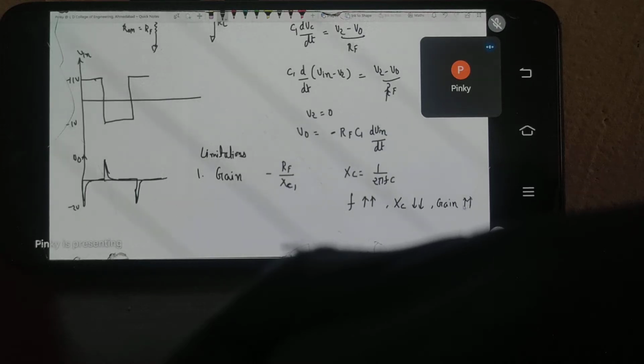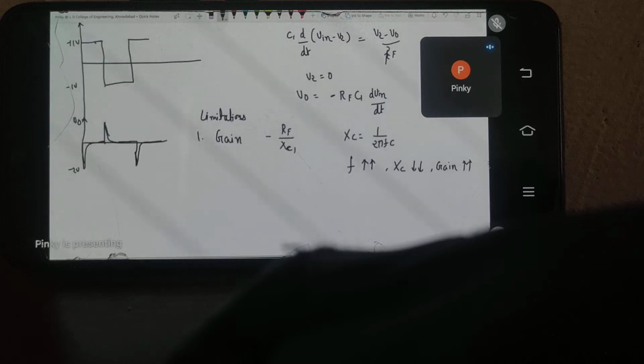So we can say this gain doesn't remain constant. As your frequency increases, the gain also increases. Second, if I consider the input impedance,